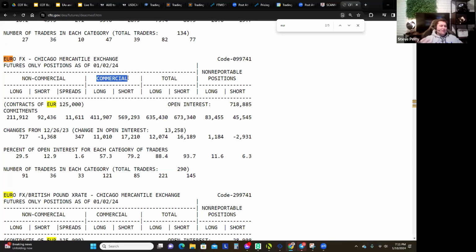Commercial, like I said, these are your honest folks who are just trying to balance their book of business. And when I say honest folk, they're just big. These are still huge companies, like Tyson Foods and other places that trade commercially on the CFTC, big companies that have to do this type of thing. If you're a wheat or corn farmer, same thing. You own thousands of acres, and all you do is harvest your wheat or corn. It's the same thing. So commercials are really not the people you want to follow,